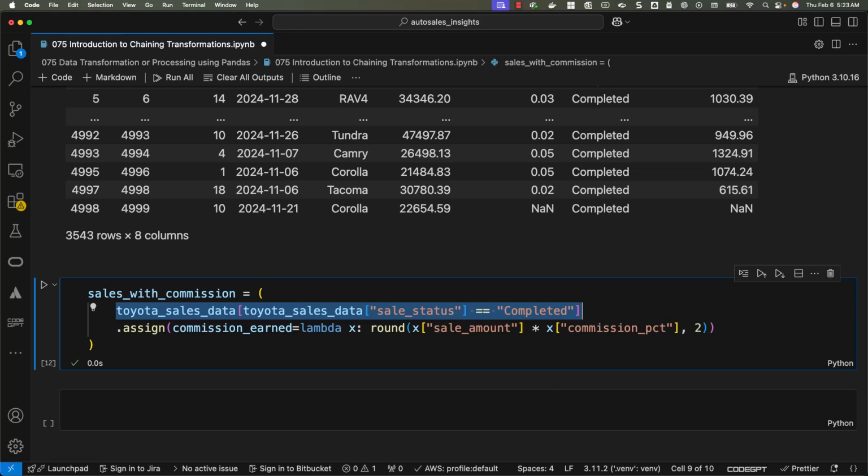Another best practice you need to follow is reusability. Make sure to use functions to encapsulate chained workflows for repeatability. Now let's talk about using chaining with multiple data frames. Here we have two datasets. One is Toyota sales data, second one is sales reps data. Using these two, we'll perform the merge operation. Then we'll apply query to filter the data. Then we'll assign commission earned so that it is clear how we can deal with multiple operations by using